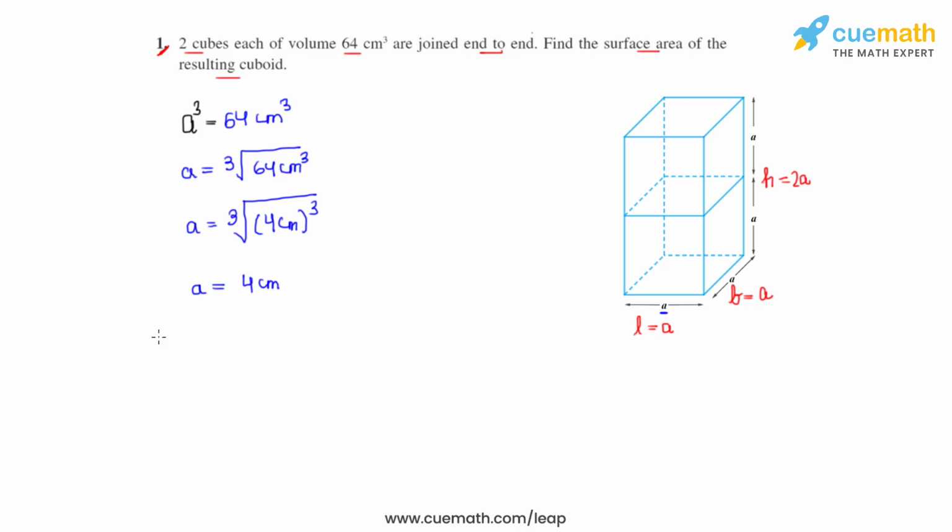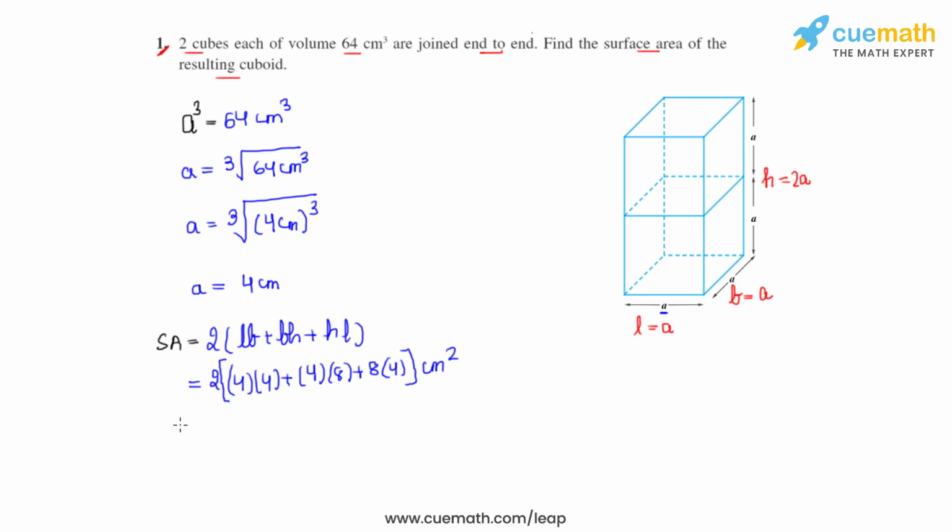Now to find the surface area of a cuboid, we know that the formula is 2 times (LB + BH + HL), where L is the length, B is the breadth, and H is the height of the resulting cuboid. So let's substitute those values. We can write that as 4 times 4, plus 4 times 8, plus 8 times 4,